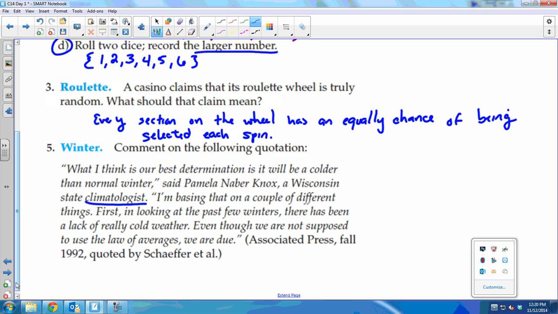So, what should we say about this? I don't know. She just said that. Plus, she's a climatologist. That's the first thing she looked at to decide if we're going to have a cold winter or not. It's her degree. That's like her career. I'm just saying, wouldn't you be able to look at something else first, like other patterns? I don't know. Looks like we're due. So that's what I'm going to say in the Associated Press. Yes. 1992.